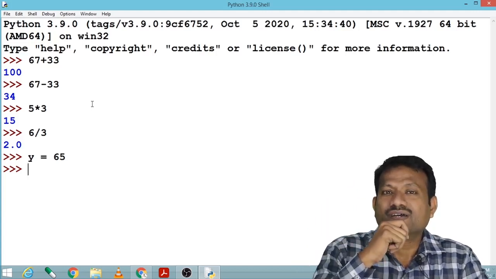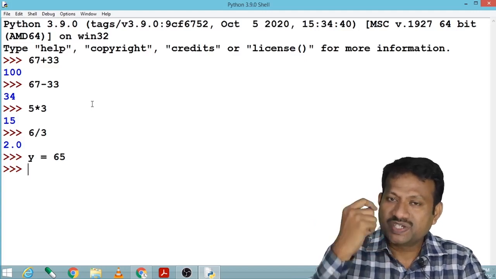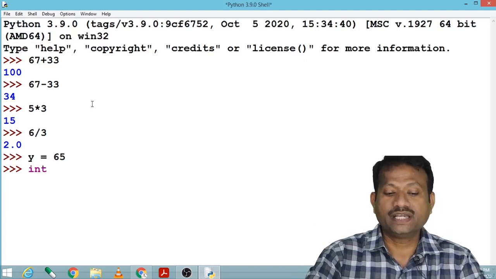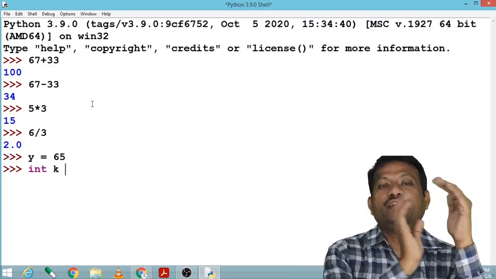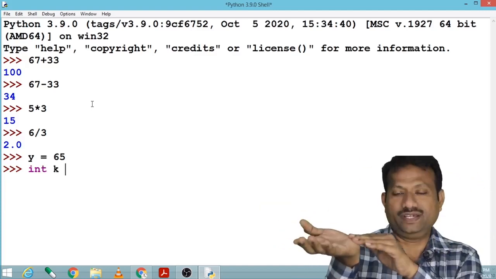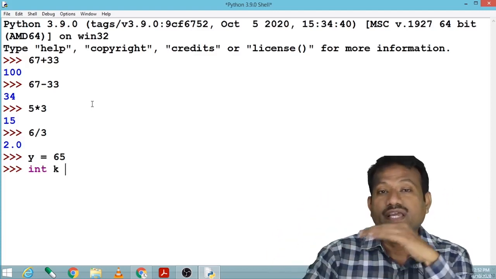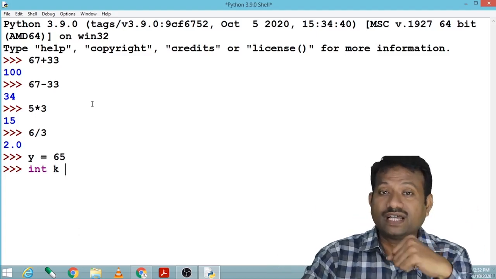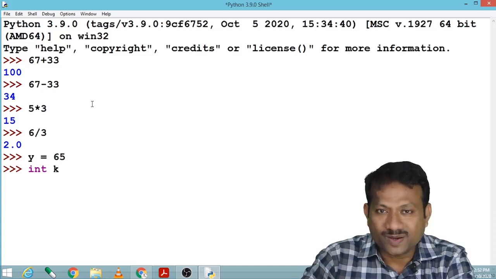But in another languages, if we would like to initialize variable, so we have to first initialize by its data type. Let us say int k. So what is this int k? The k is going to take the integer value, or I can say float k, or I can say character k. So these are nothing but the data type. In another languages, we have to take care of the data type in which variable going to store the value.